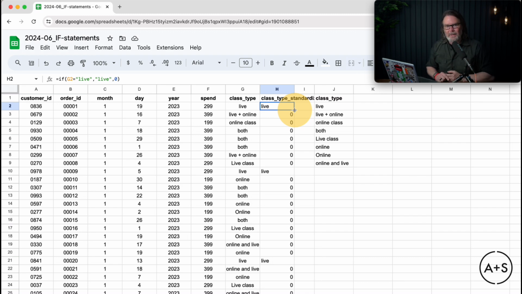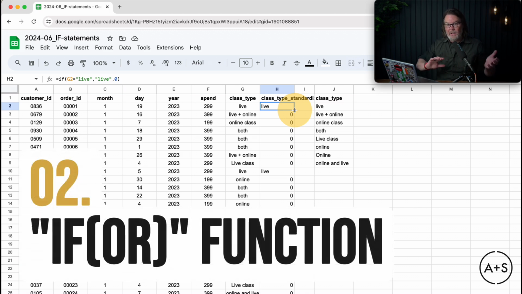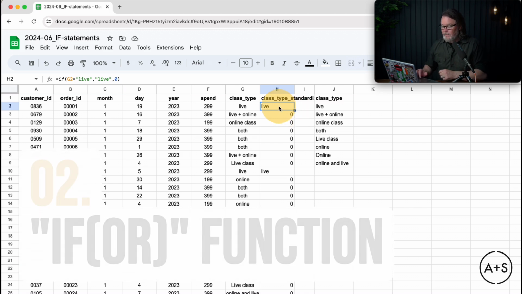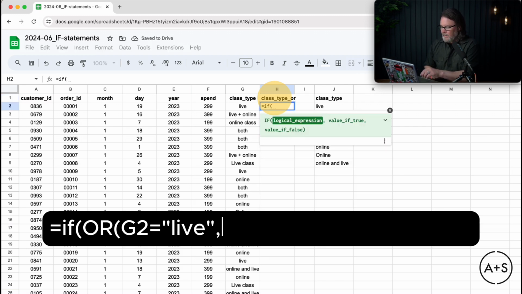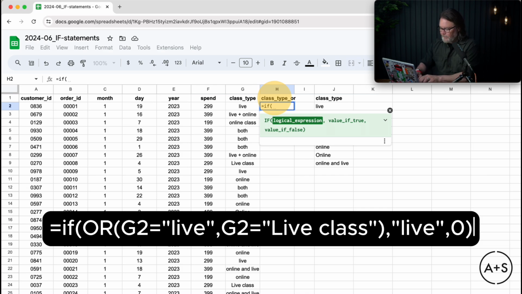So now, is that helpful? Well, it does tell me which ones had the designation of live, but it's not picking up all the live classes because I don't see live class, and all the other things are just zeros. So while it's interesting, it's not super helpful. I can expand the logical expression to capture a couple different values, and in this case, if I first just clear out this column, we start over, class type, let's call this one or, I can use the same if statement, but this time add an or at the beginning and have it look to G2, and if that equals live,